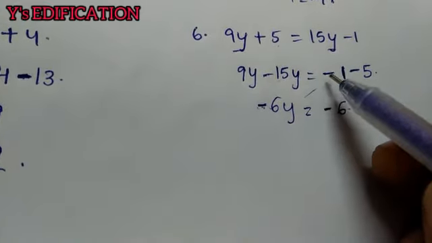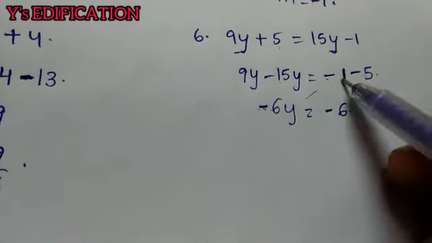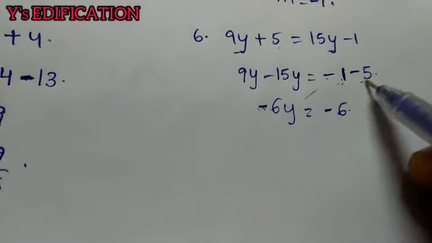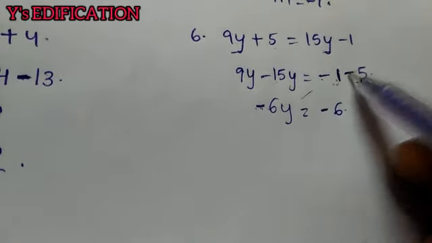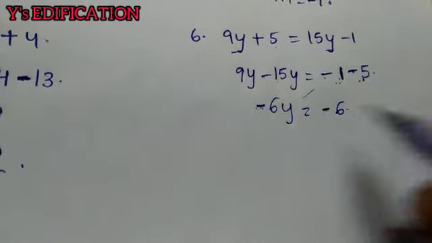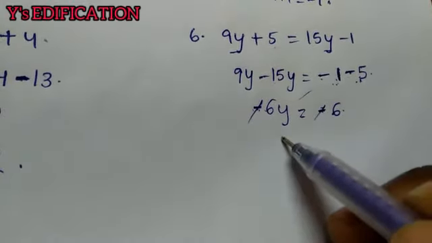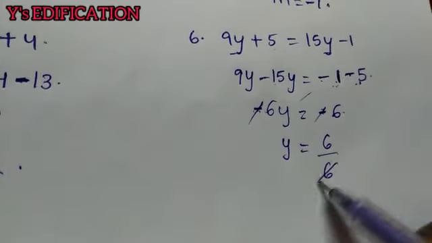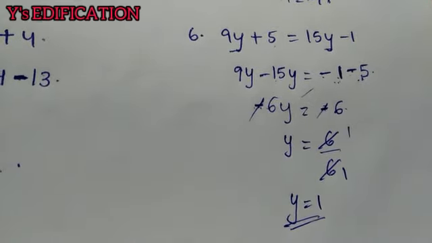Okay, how are we doing this? Minus into minus is plus. Okay, so we have to add these two numbers. So 1 plus 5 is 6. But what is the larger number here? 5 is the larger number. So what is the sign we have for the 5? Minus. So the answer will become minus 6. Now we can cancel these two negatives. Okay. Now what is remaining left? 6y equals 6. Transposing this number we will get 6 by 6. So 6 by 6 is nothing but 1. So y value is 1. Okay.